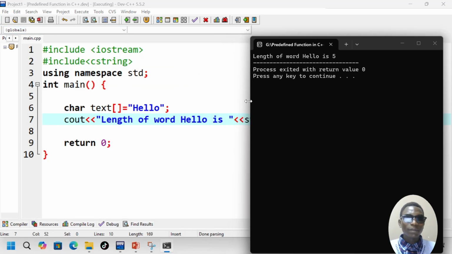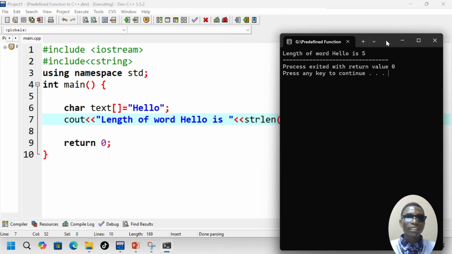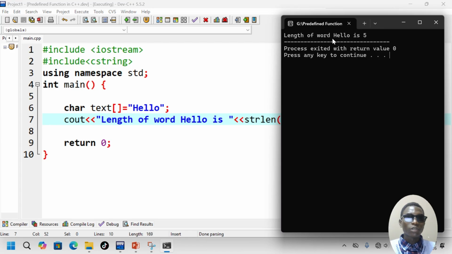fantastic. You see here the length of word hero is 5 because we count 1 for H, 2 for E, 3 for L, 4 for another L, now 5 for O, right? That's why you get 5. So this is how string function is working, right? So let us see now how about